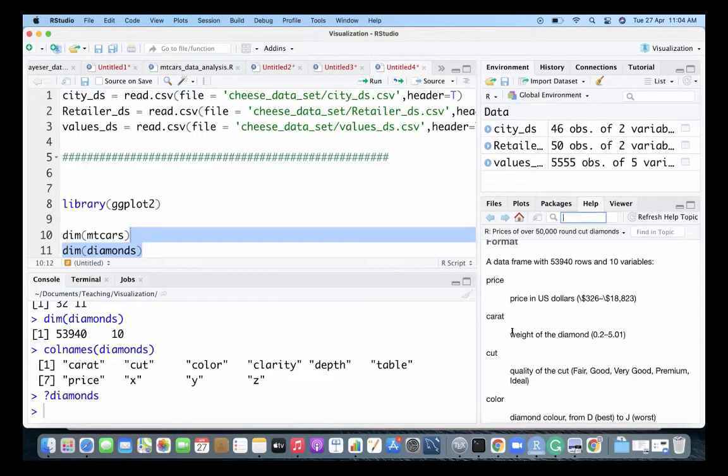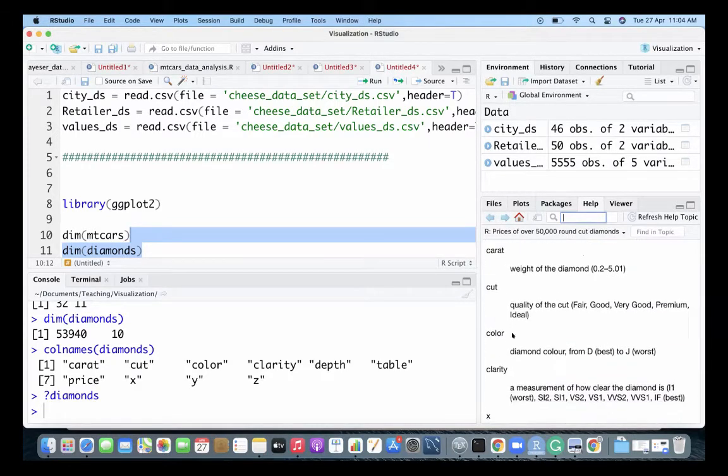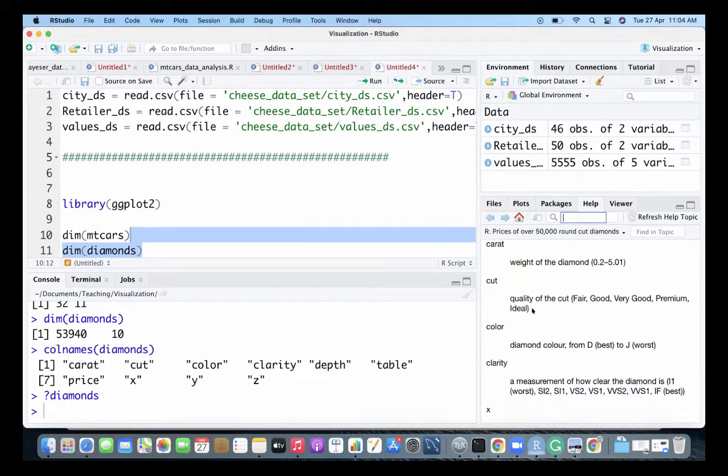Price. Carat is a numeric variable. Cut is a categorical variable: fair, good, very good, premium, ideal. Is it ordinal or nominal? Ordinal, because there is a natural ordering.